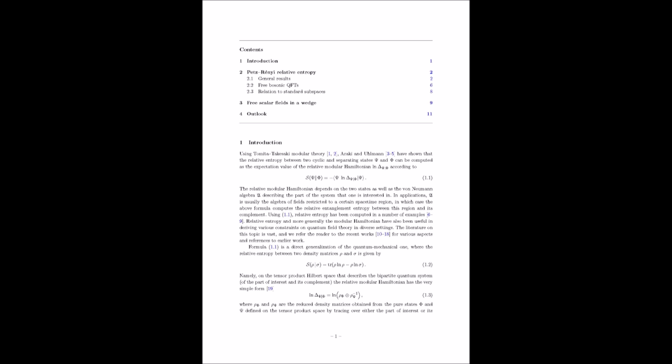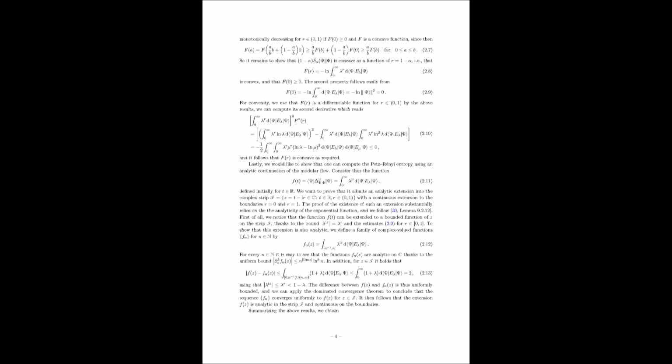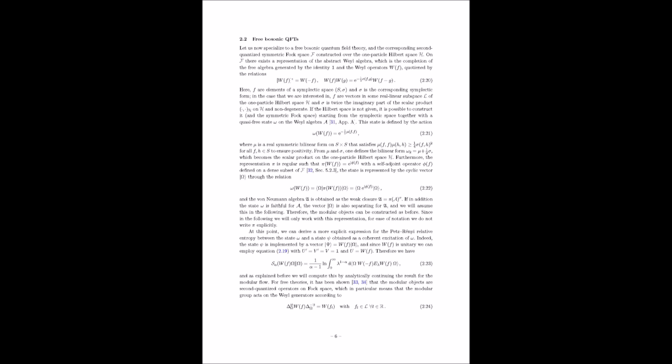Precisely. The paper then carefully manipulates the integral using properties of complex analysis and the specific form of the two-point function to arrive at an explicit formula for the Petz-Rényi relative entropy. And what does that formula look like? The formula itself is quite involved, but it essentially expresses the entropy in terms of the parameter, the two-point function, and quantities related to the boost operator. It demonstrates how the entropy depends on both the correlations in the field and the specific geometric features of the right wedge.